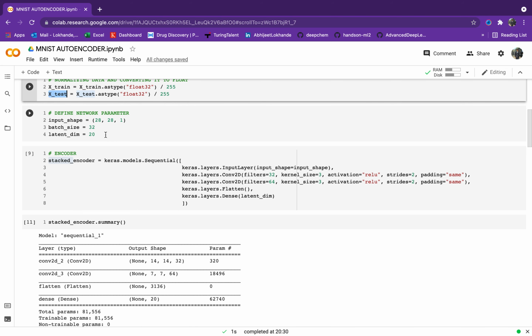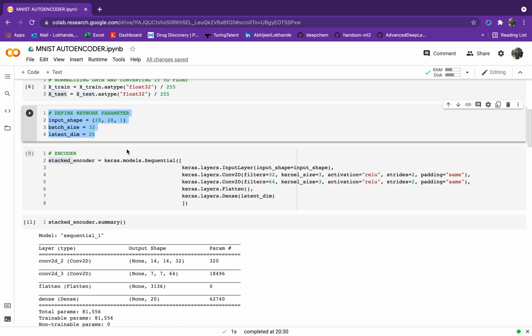Now let's define the network parameters. As we know, our input will be 28 comma 28 comma 1, because this is the shape of the image. Then we are defining a batch size, and we are defining a latent dimension. As I already mentioned, the latent representation is nothing but the compressed representation of your input.